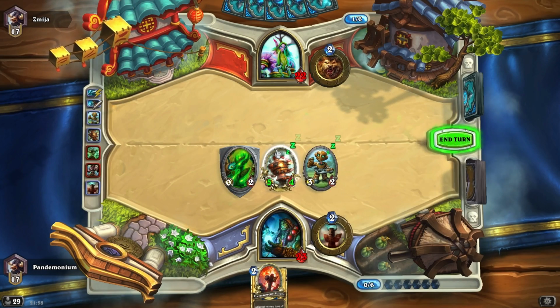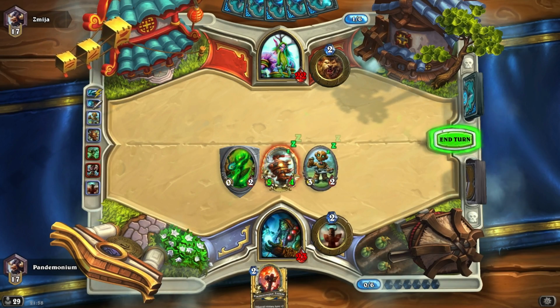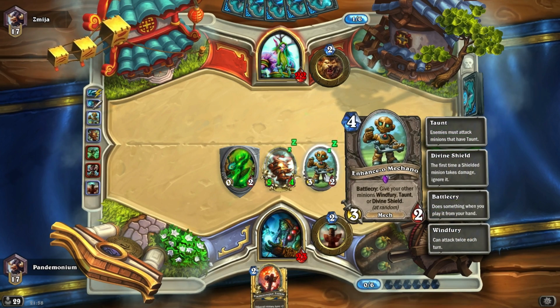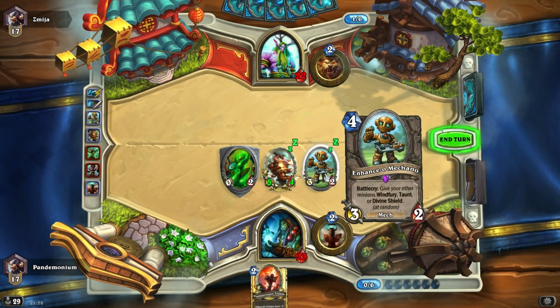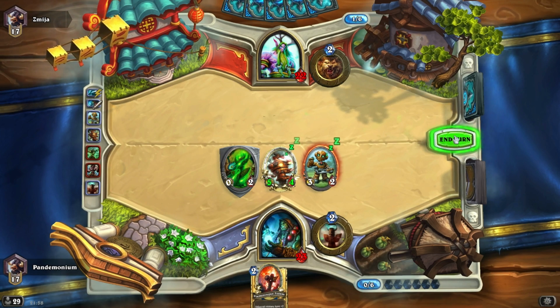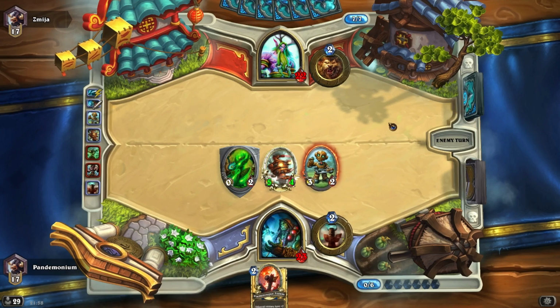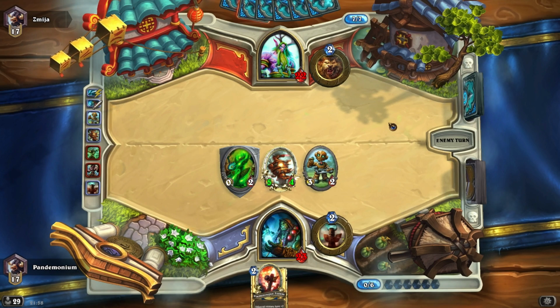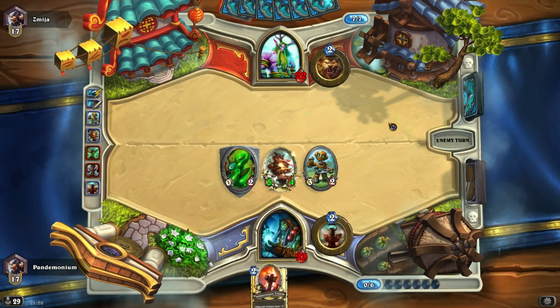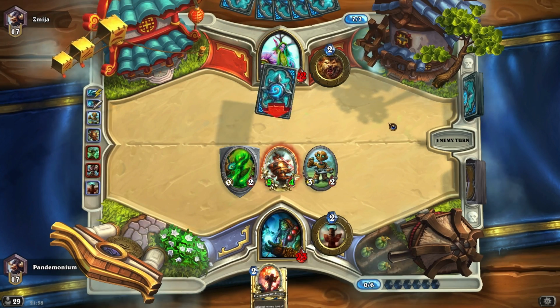Enhanso Mechano just gave the Wind Fury minion Wind Fury, and the Taunt minion Taunt. Thanks, Enhanso Mechano. Thank you so much. I had two 66% chances to gain a beneficial effect, and what do I get? Nothing. Okay, he's used both Wraths, he's used a Swipe. I would have to be insanely